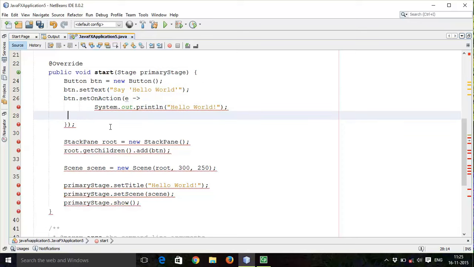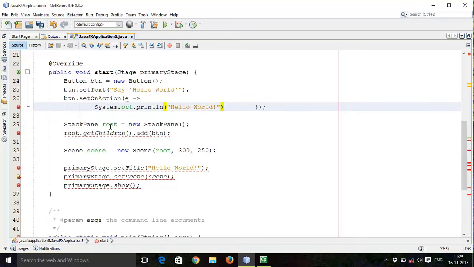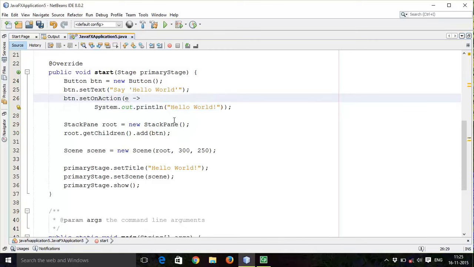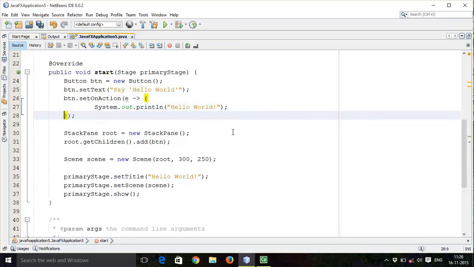So we'll make some changes. So this is a lambda expression with a single line. If you have multiple lines in your event handler, then you add curly braces to your example with semicolons.